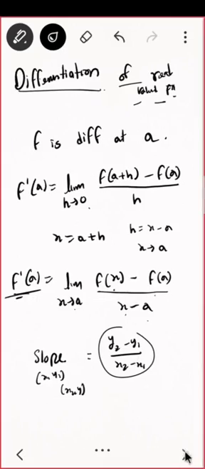What is the meaning of a derivative of a function at a graphically, as our main focus used to be on graphically. Suppose this is a function and this is your a, and here is your f of a, correct? So this point will be a comma f of a. Now there are two ways. I can take my x this side or I can take my x this side, correct?